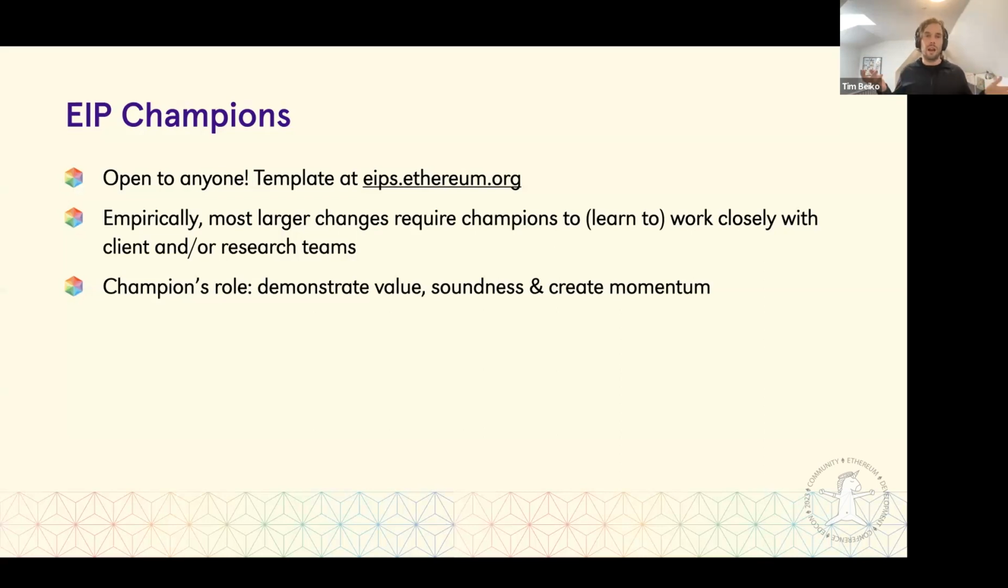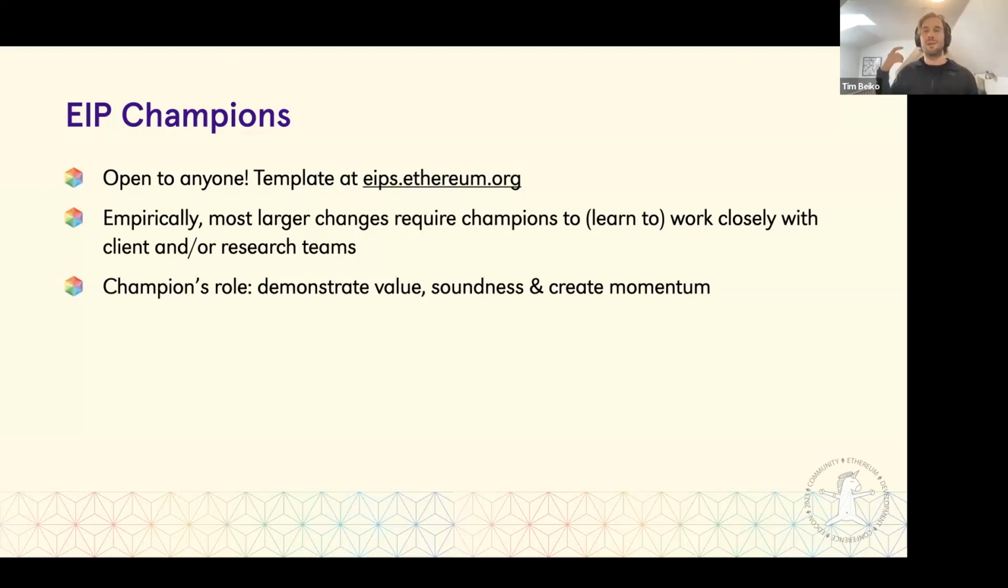And a lot of people just do this on their own, especially for things that don't require protocol changes, like application level standards and whatnot. You see a lot of EIPs being driven by the community. But I think, for people who want to make a change that significantly affects the Ethereum network, a large or impactful change in one way or another, in practice, those folks will end up having to work with researchers or client implementers or whatnot, just to make sure that their change actually works and is sound and is the best version it can be.